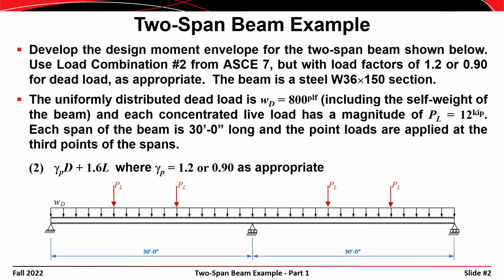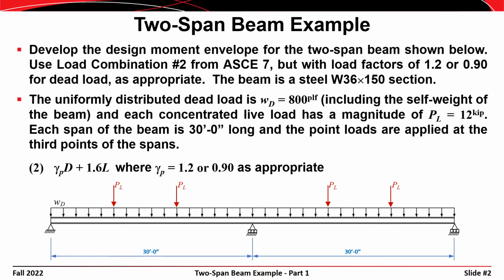Our goal for this example is to develop a model for the two-span beam shown here. The beam is a W36 by 150 with two spans of 30 feet that is subjected to a uniformly distributed dead load of 800 pounds per linear foot and 12 kip live loads applied at the third points of each span. Ultimately, our objective is to examine the case where a variable load factor is applied to the dead load,